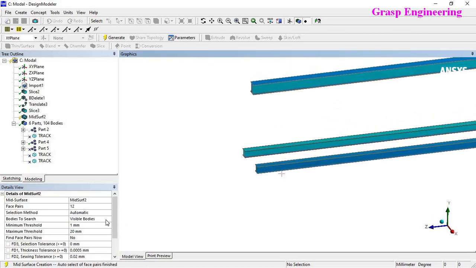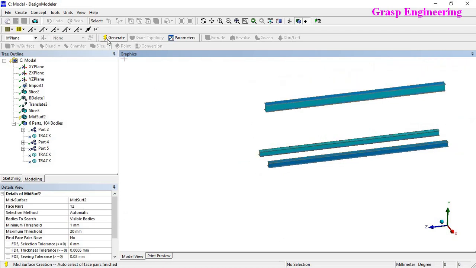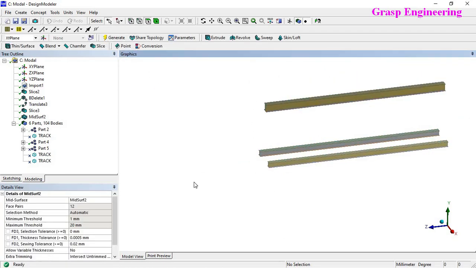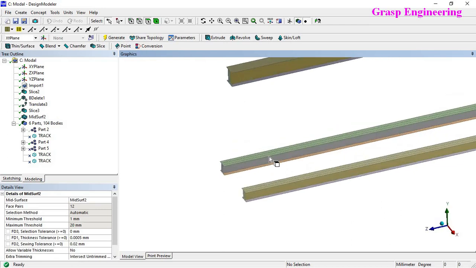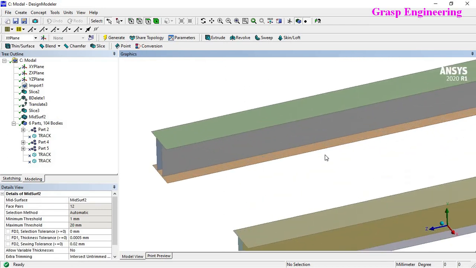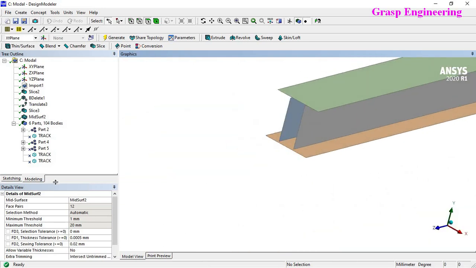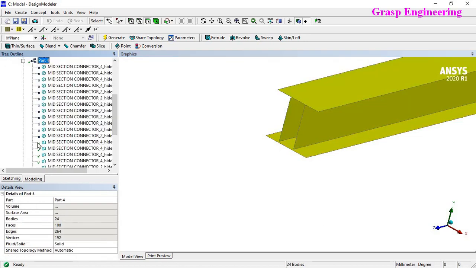You can see it automatically detected 12 face pairs, so let's generate that. Now the mid surfaces are generated. If you take a closer look, you will see the thickness is already assigned automatically. That is the advantage of extracting the mid surface.